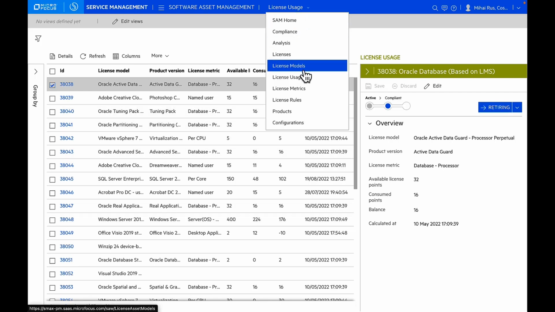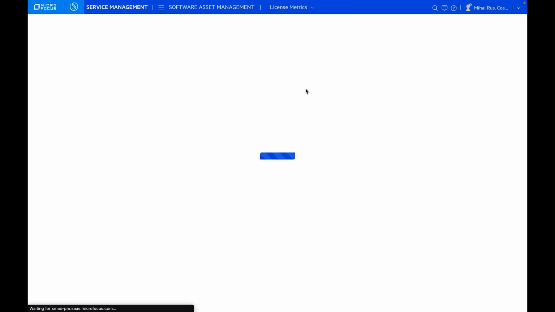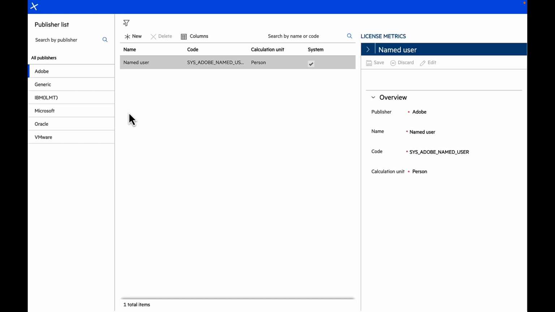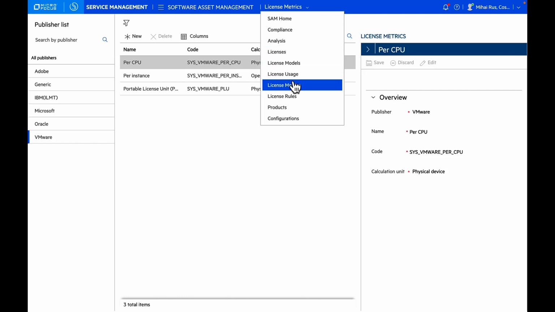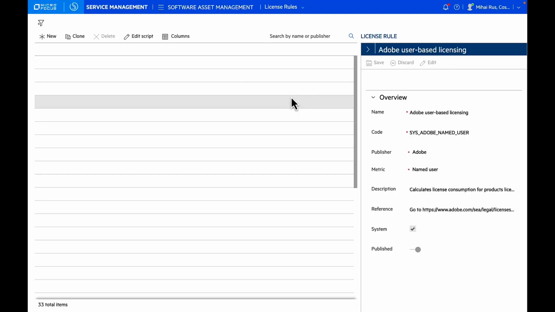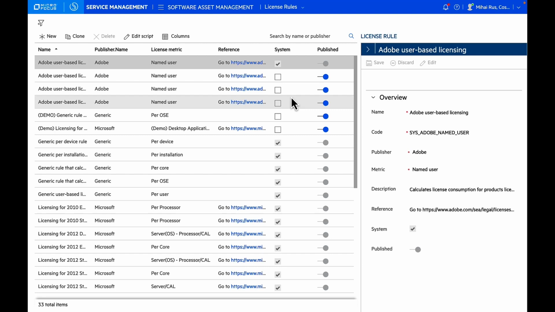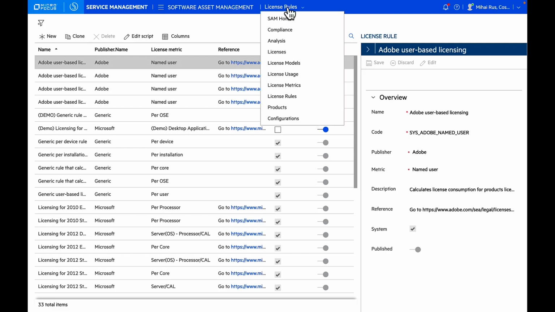We have vendor certified license metrics and rules that are used to calculate the compliance. So you can see the list of all metrics that are defined by vendor. Like I have Adobe, I have IBM ILMT, I have Microsoft, Oracle or VMware. So you can see all the different metrics that we're using for that vendor. We also have predefined license rules that are available out of the box, and these rules are automatically updated periodically based on the vendor license rules. We get all the consumption information of the software from our UCMDB, and we apply these license rules and metrics on top of it to calculate the compliance reports.